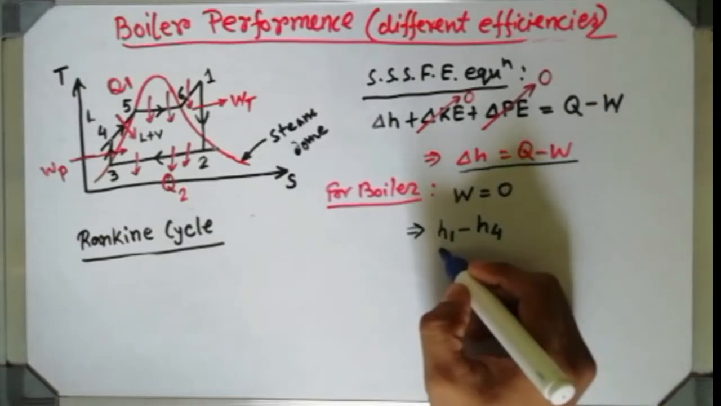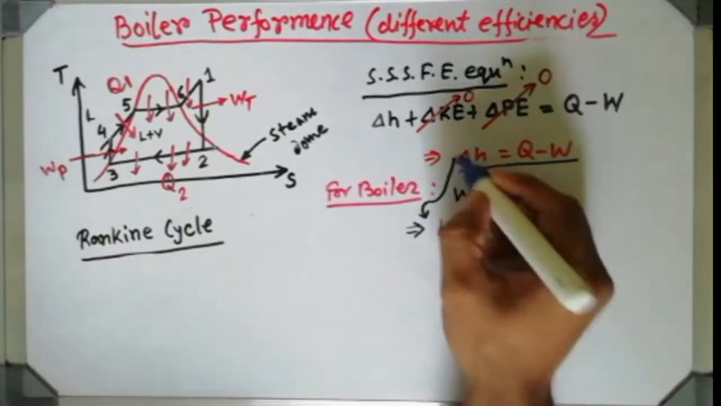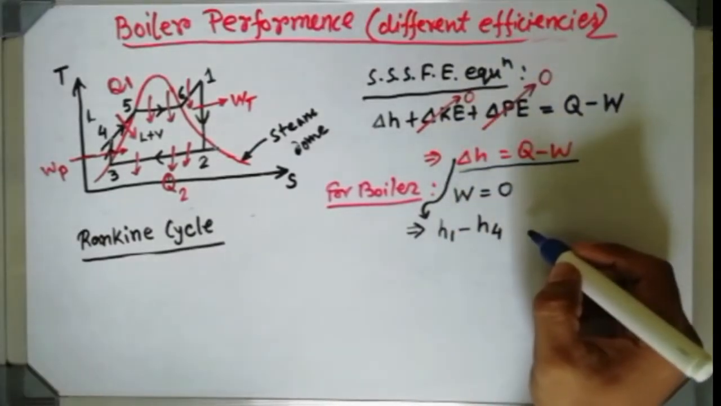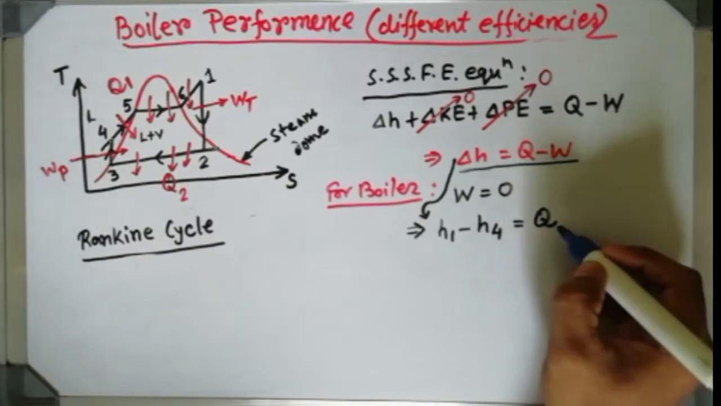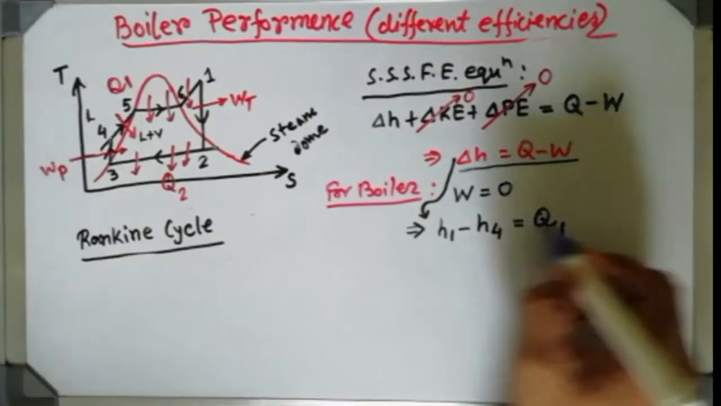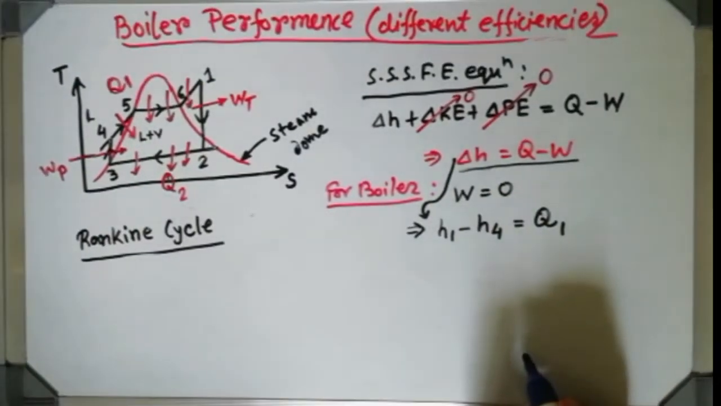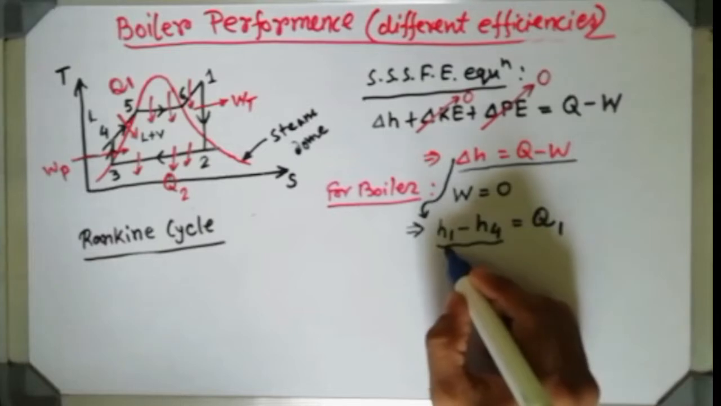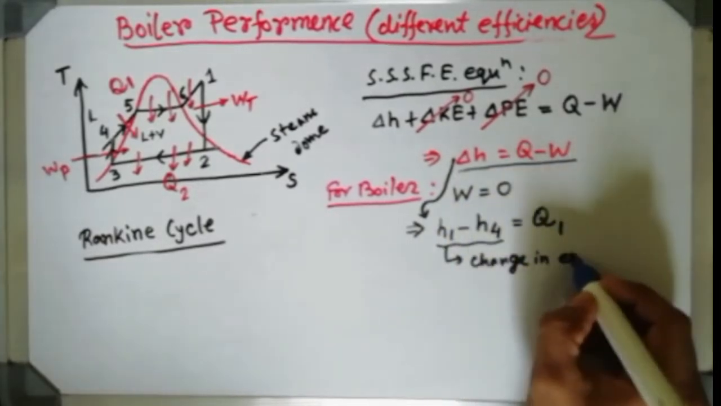That is a change in enthalpy. Where is it coming from? From this equation I am writing. So change in enthalpy is nothing but this, and that should be equal to the amount of heat supplied, which I have represented as Q1 because Q1 is noted over there. So H1 minus H4 is nothing but the change in enthalpy,